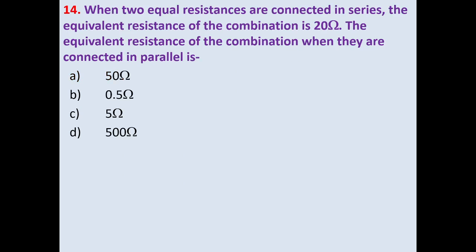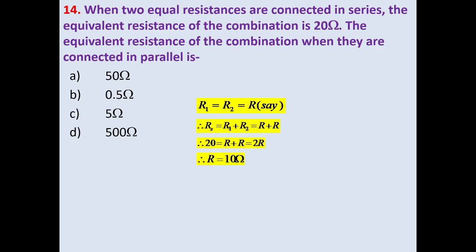When two equal resistances are connected in series, the equivalent resistance of combination is 20 ohm. The equivalent resistance of the combination when they are connected in parallel is. So here we have given two equal resistances, so we write R1 is equal to R2 is equal to R. When they are connected in series, total resistance becomes 20 ohm. So we write Rs is equal to R1 plus R2, that is R plus R. So 2R is 20, so R is equal to 10 ohm,